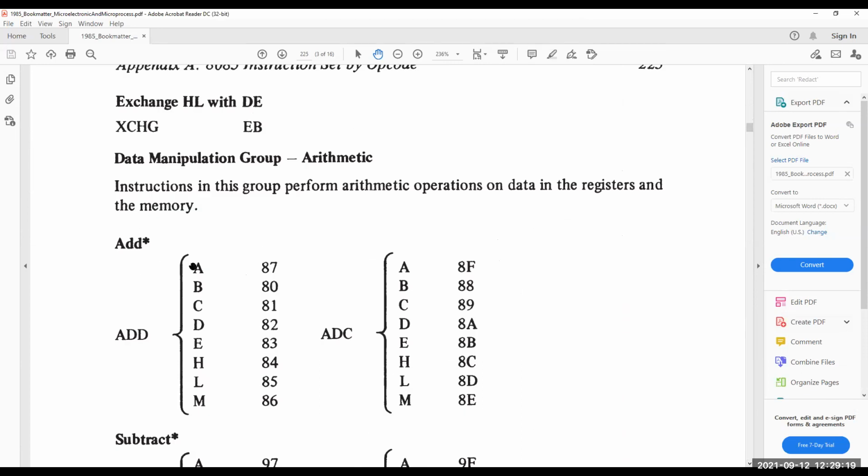See here, add A, B, C, D, E, H, L. Everything has an opcode: 87, 80, 81, 82, 83, 84. That's all. If you say add L, it means 85. If you give him 85, for example,